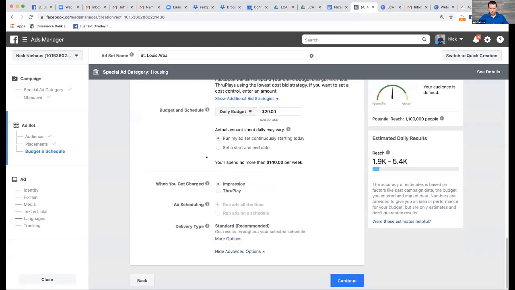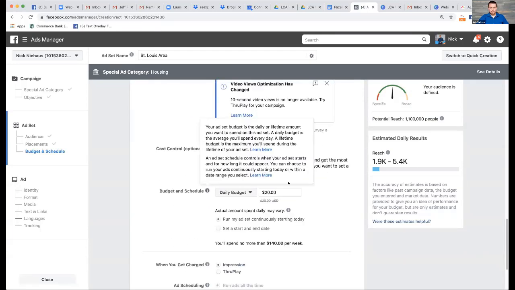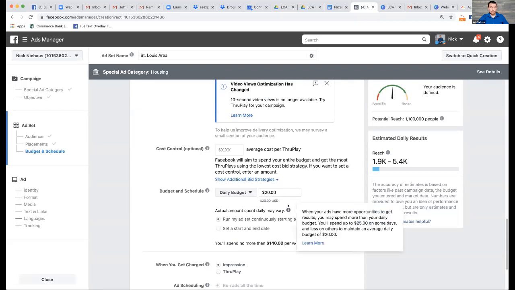And we scroll down a little bit more. I'm going to leave this one alone. I'm just going to set an overall daily budget. And so that's what you do right here at budget and schedule. You just choose how much money you want to spend per day. Even small amounts can add up quickly if you forget you're running your ad. And I do know people that have done this. I have personally done it. So even if you set it at 10 bucks a day, but you forget for a month it was running, you're going to spend 300 bucks, right?